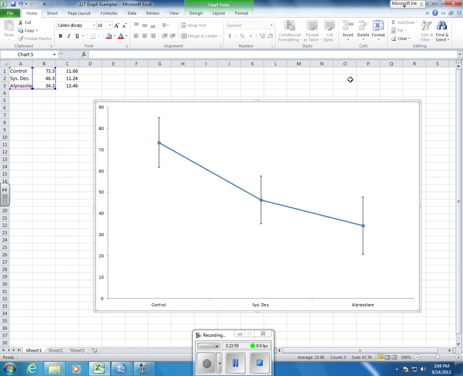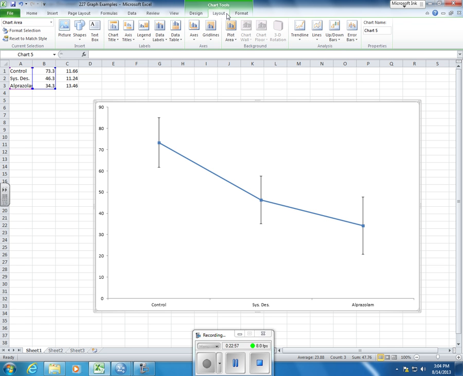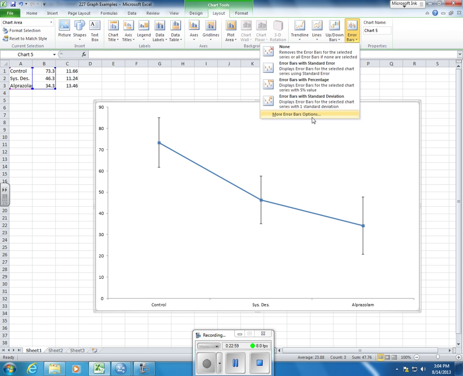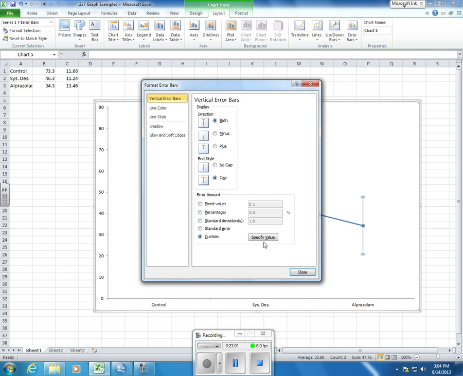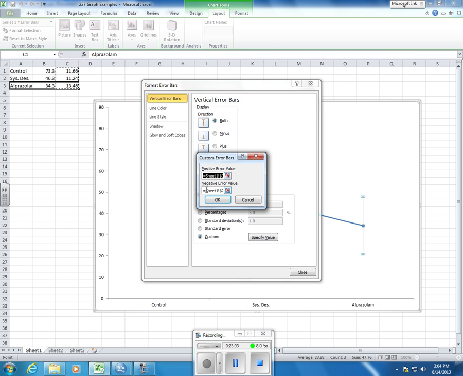You can make a mistake if, for instance, you tell it that the error bars, let's say you made some mistake and down here this ended up being a 1. So here's where you tell it what the positive value has to be, what the negative value has to be, and they should be, again, exactly the same. So you're going to get symmetrical error bars if what goes into this field is exactly the same as what's in this field. Otherwise,